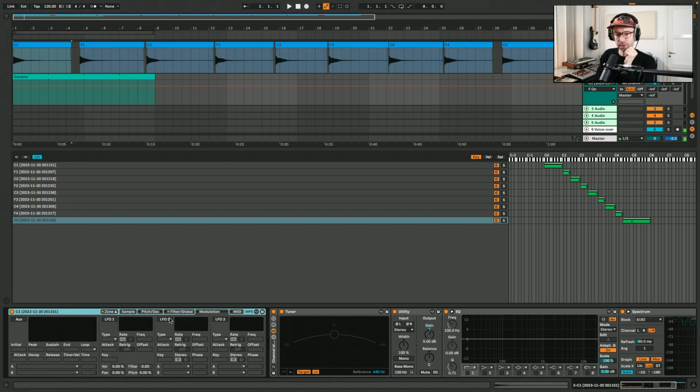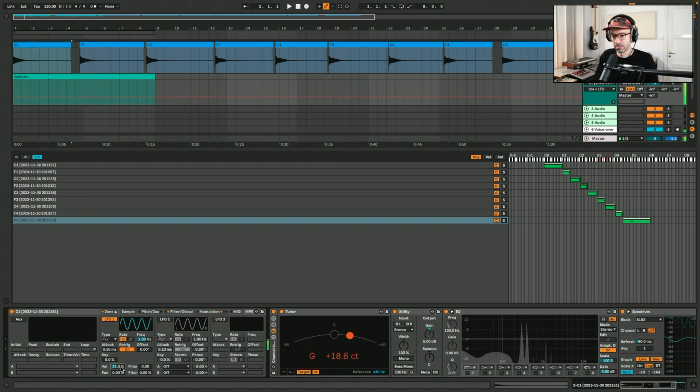So going to the modulation tab and picking the first LFO, and maybe actually add some tremolo. So let's add it to the volume. But let's change the rate to 16th. All right, so now that we have a little bit of tremolo, we have the filter modulation, let's add some